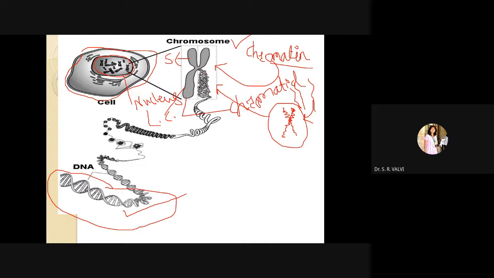Suppose you want to see the inner structure. The inner structure, as I said, is all thread-like chromatin which is condensed inside to form the structure. We call it what? This is the single part, or single chromatid, right? This chromatin itself condensed into this structure. So here it is shown over here. Let me take the pointer again.